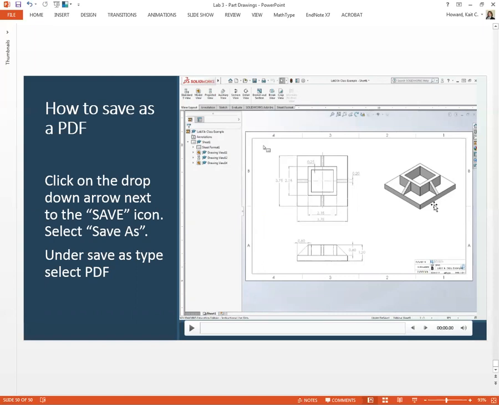So why do I need all 3? Well, I have to have the 2. I can't just open a drawing file. If you just submitted a drawing file without the part file, and remember the part file is just what you've been submitting so far, the drawing file will be blank. In SolidWorks, those 2 files are linked together. So if I want to look at a drawing file, I need to have the part file. The reason I have you, in addition, save this file as a PDF is because